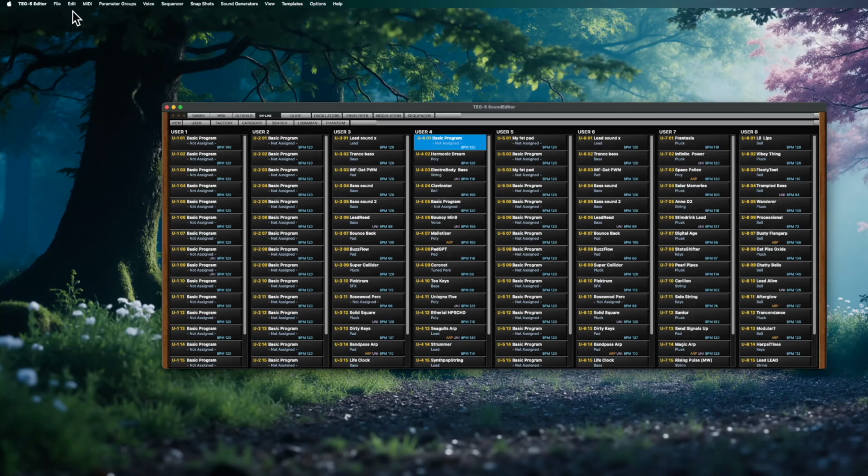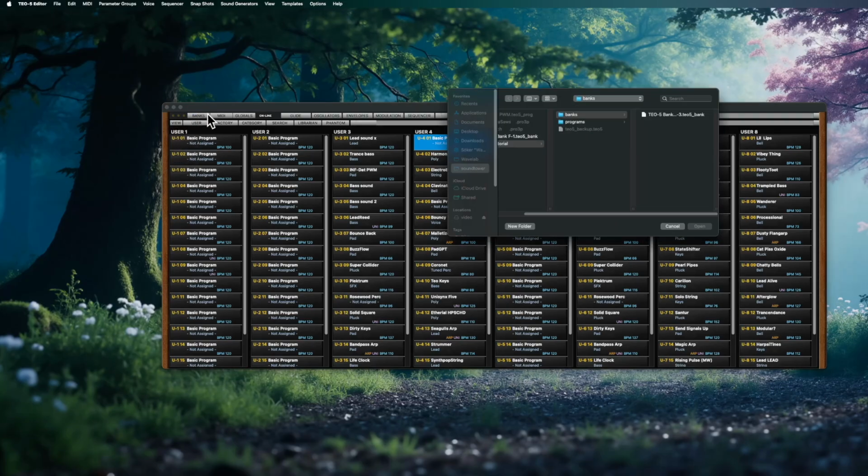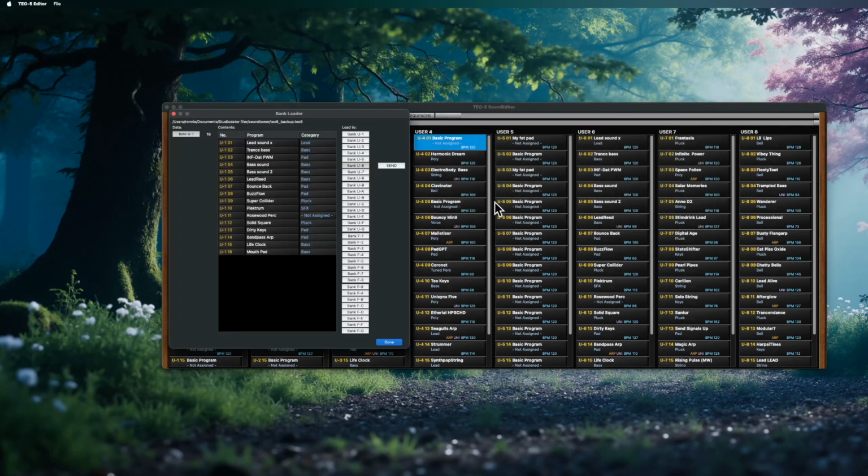Then I go to File, load program bank 2, and then I take number 6. Now it asks us to select the bank file, and in case it's this one, bank number 3 file. And now we are getting this menu that looks familiar now. It was the same when we were restoring the backup. But instead of having all the data, the banks there, we only have one that is automatically pointed to the